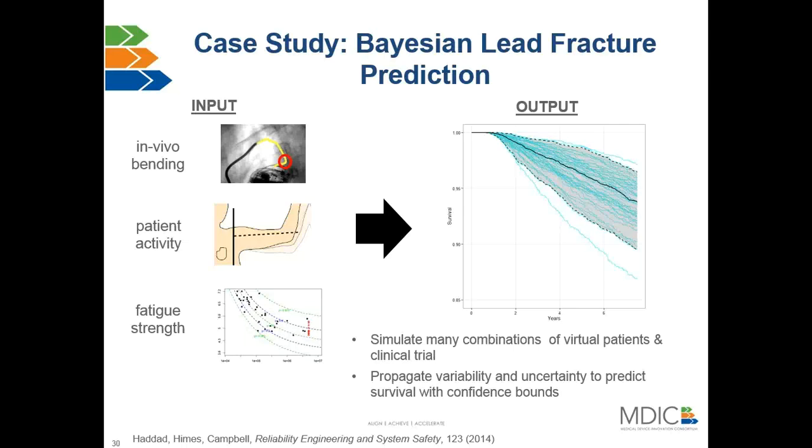And so each one of these blue lines in this picture represents a plausible combination of patients. And the reason why there are many blue lines is because there is uncertainty in model predictions. And any good model should account for those uncertainties. And in this case, we have uncertainties because we don't image 1 million patients, right? That's very expensive. So we image a certain number of patients, and as a result, we have estimation errors. So that's why there are different blue lines to account for the measurement, different minimal amounts of information, but we can get confidence intervals on our prediction, and that represents those black lines.